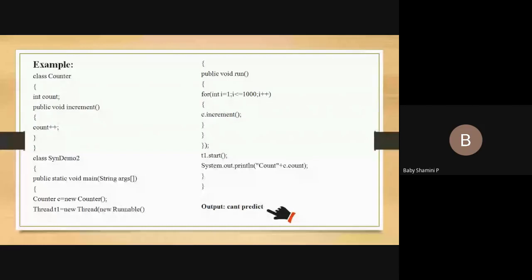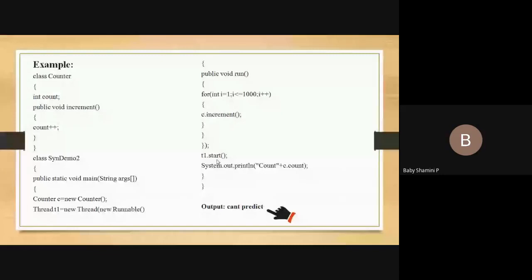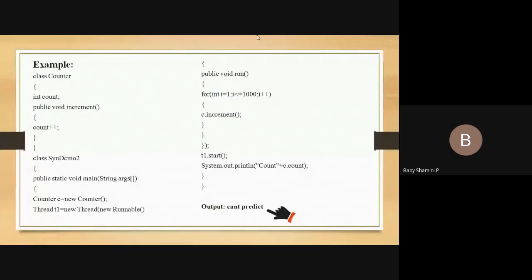So see here, t1.start(). If I start the particular thread, it implicitly calls the run method. We all know that, isn't it? If you call the statement t1.start, it implicitly calls the run method which is present in the Thread class. So already our Thread class contains a run method. To override that, we are representing a user defined run method, where whatever operation we want to perform can be represented.